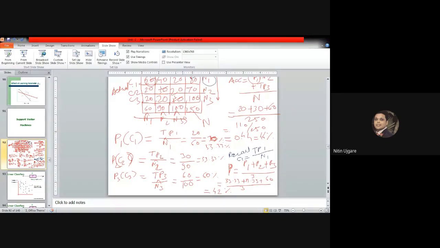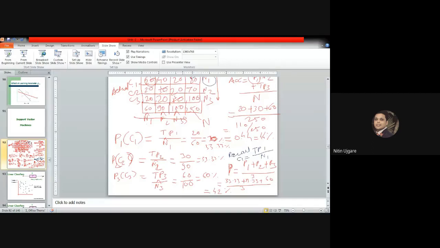Okay, that's right. Now can you calculate the recall for the second class, C2? Good. That is 42.8%. Others are also expected to give the answer. I want the answer from everyone. Don't copy and paste it. Don't mind if your answer is wrong. The recall for the second class is 42.8, whereas the recall for class 3 is 60%.